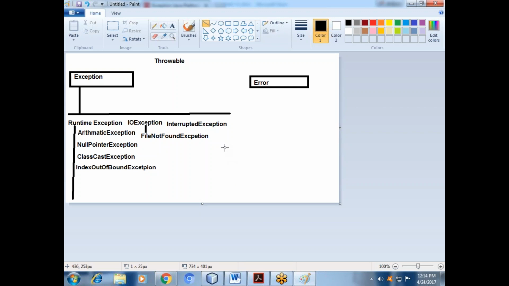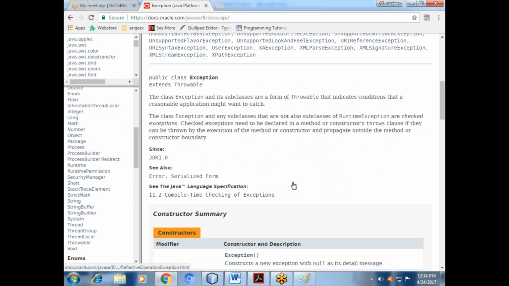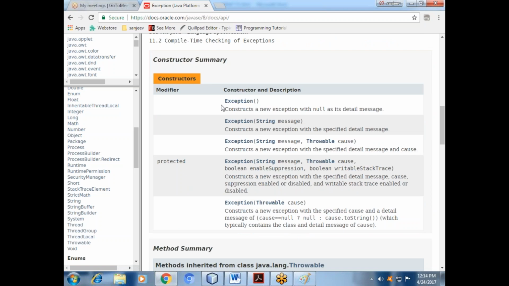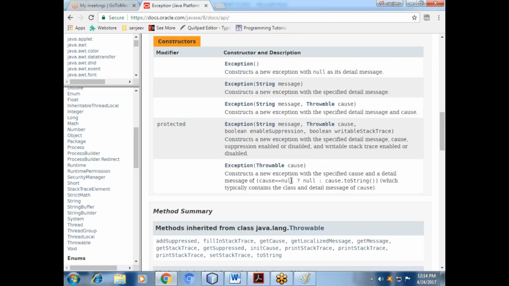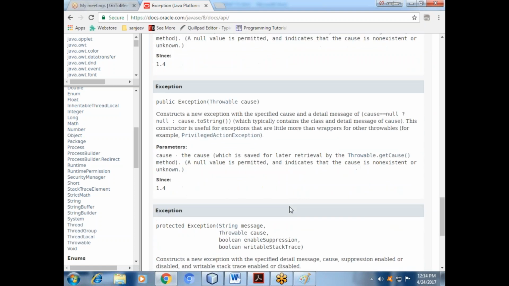So there are more, like FileNotFoundException, InterruptedIOException, all those things inside that exception. If you follow the API, you will get all those things. You will not face any problem. And we also have more parameters and constructors here, whatever value you want to pass.